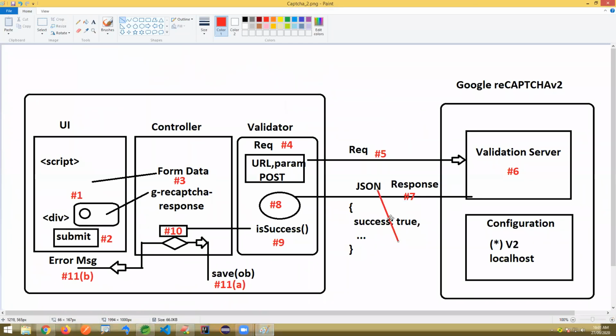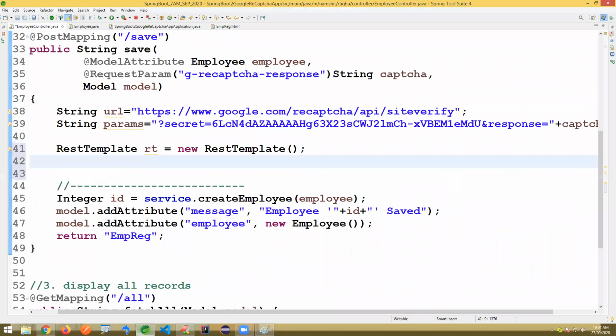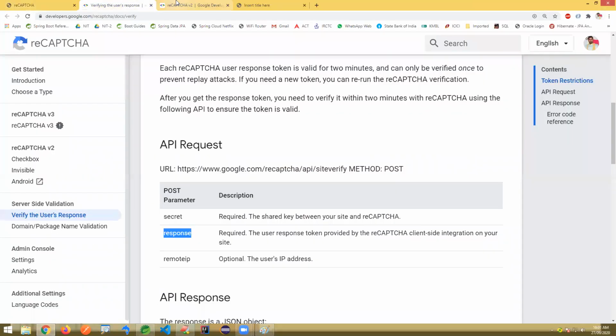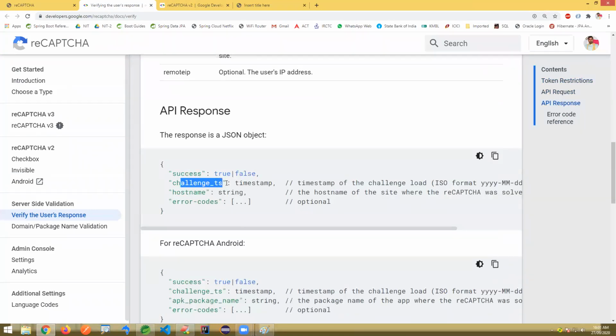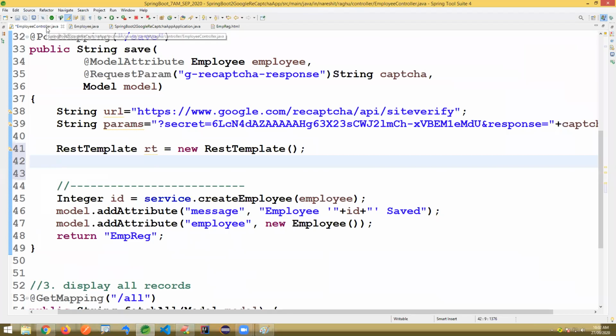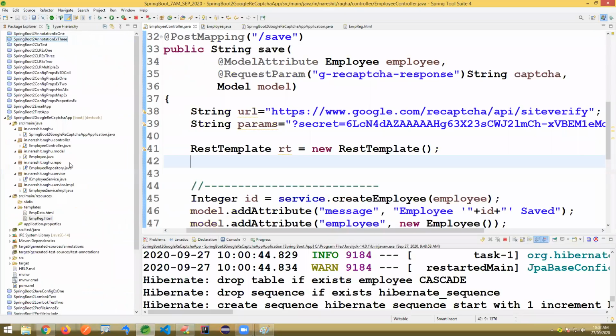That is JSON data. JSON data should be converted to an object, which means we need a class. That class will take this response: success, challenge TS, hostname, and error codes. Last, error codes is optional. To store this JSON data, I'll create one model class.